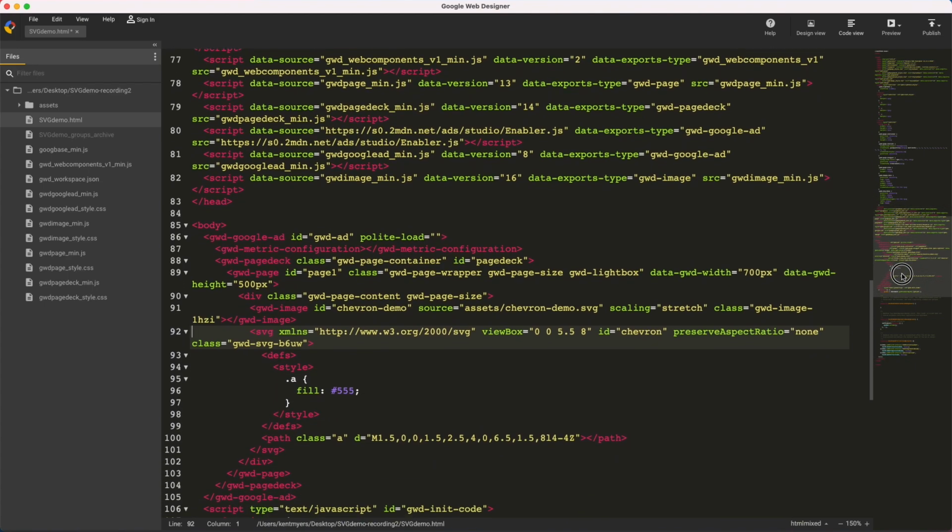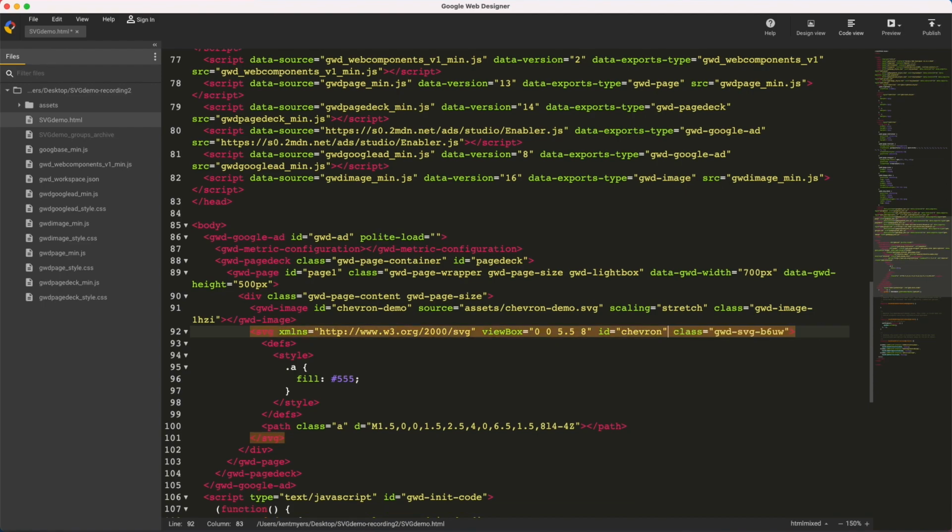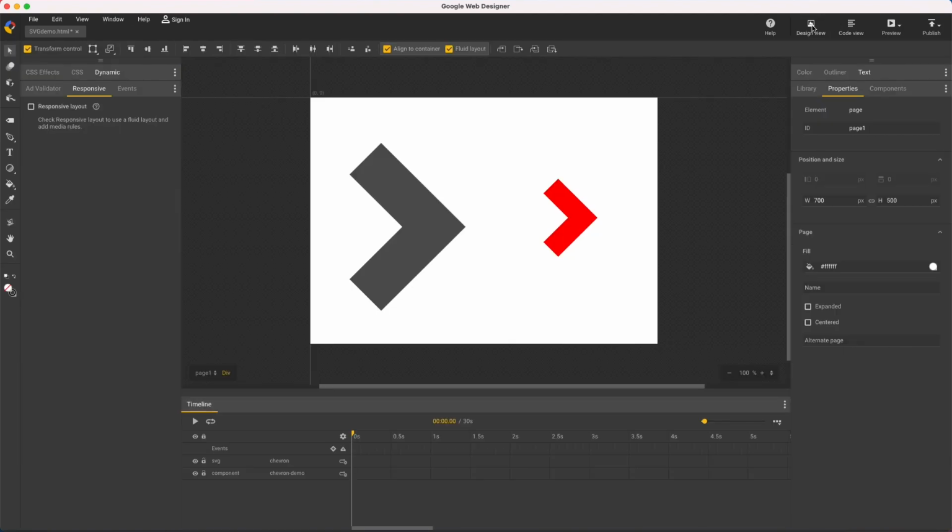Be aware that a fair amount of rewriting may occur with your SVG code for security and optimization. I could change that stretching behavior here by deleting this attribute, then scan for a color and change it. Back in Design View, I see both changes in effect, and that's something you can't do when importing as an image. But the main power of inlining SVGs is access to SVG filters.